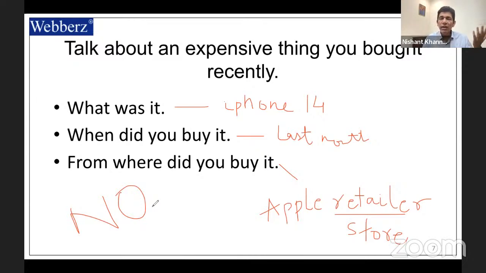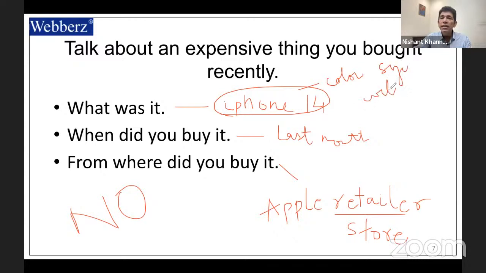Is that okay? That is not okay. We need to fix up this cue card with a lot of material. So we start talking about the looks of the iPhone, the color, physically what you see, the size, the weight, the facilities, everything. Just keep on talking about it. When did you buy it? Add some incident along with it. So there was my friend's birthday. We had all gone to buy things for everybody, so I thought I should buy one iPhone for myself also. You can start talking like that.